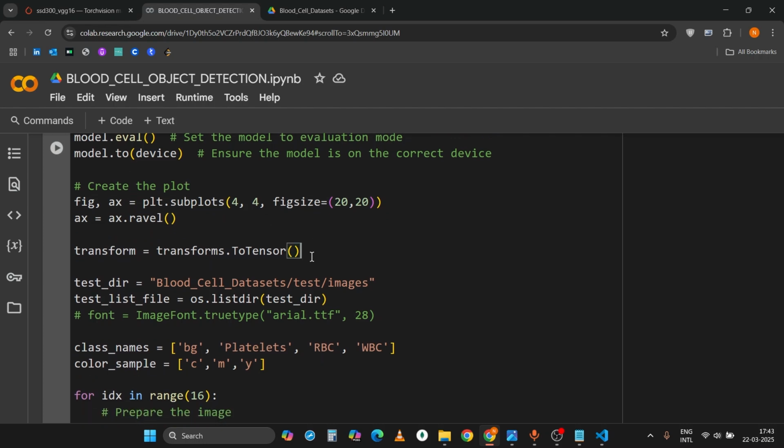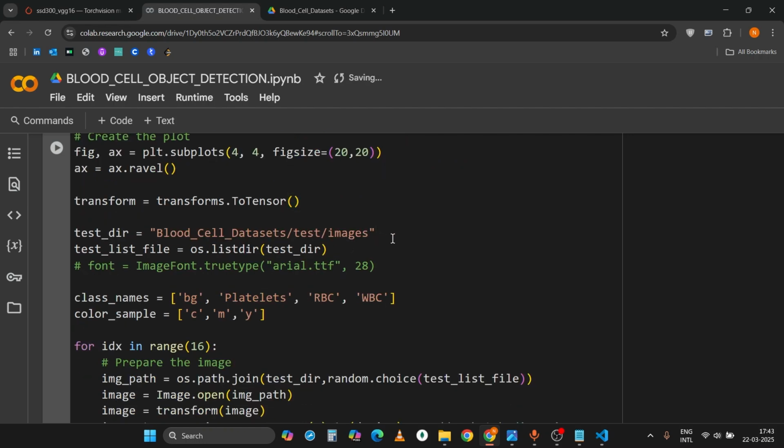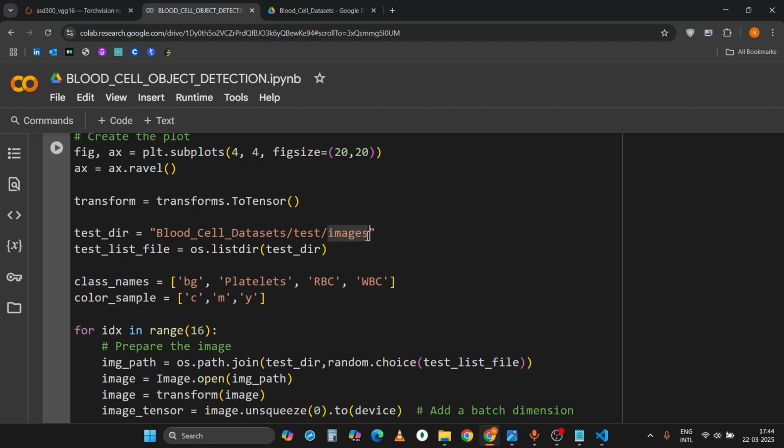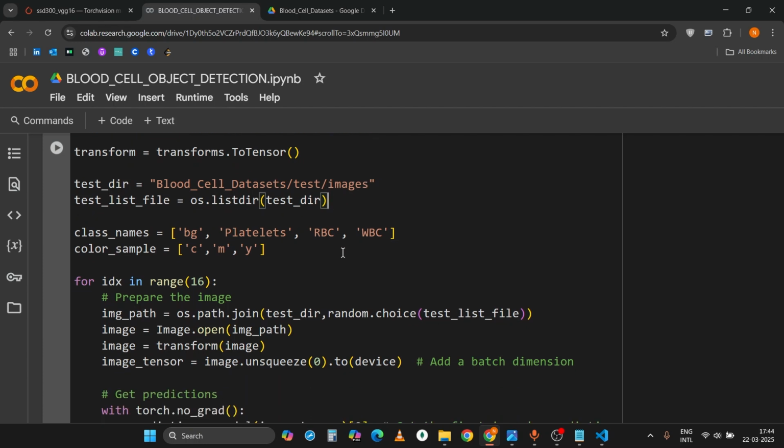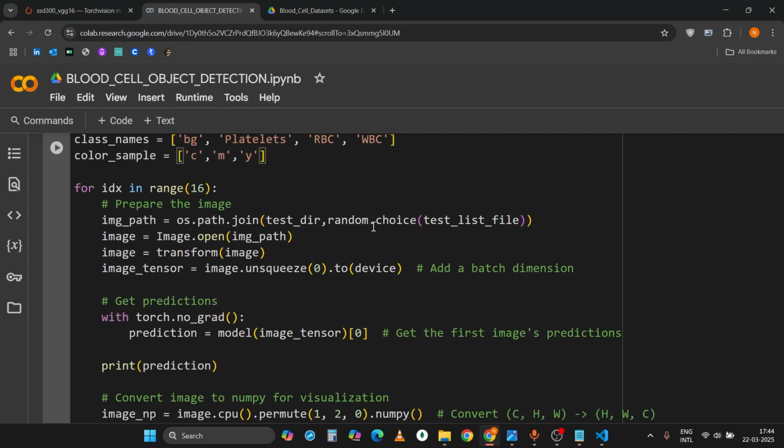Whatever transformation was done on the images during training has to be performed during testing, otherwise it will throw an error. So we only perform one transformation, which is converting the image into a tensor. Testing is happening here. This is a test directory, but images is not there. I think yes, images will be there, because in test, images and label both folders are there, but we need the images. And this whole thing I have explained to you: random choice from the test directory, open the image, transformation,